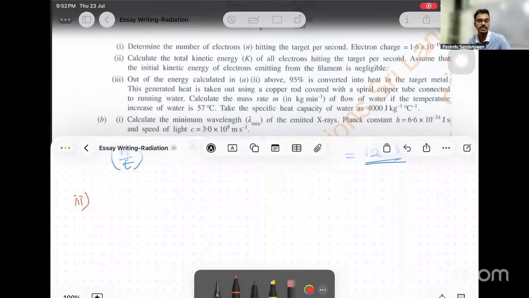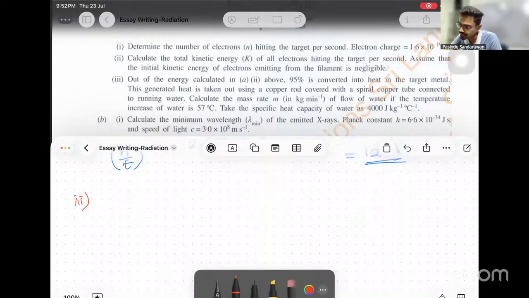We call that evacuation. In X-rays, we have discussed the theories. That is called the evacuation process, evacuation using a rod. Then, with running water, calculate the mass rate M in kilograms per minute